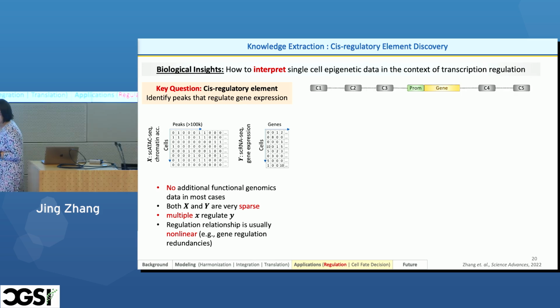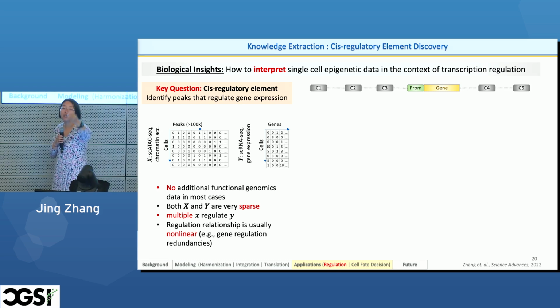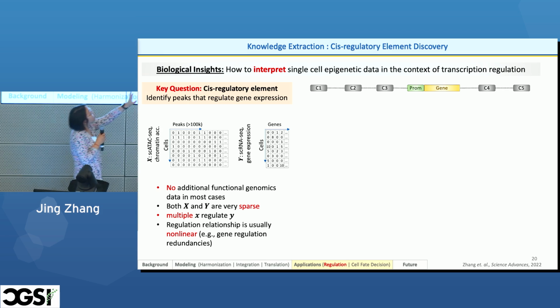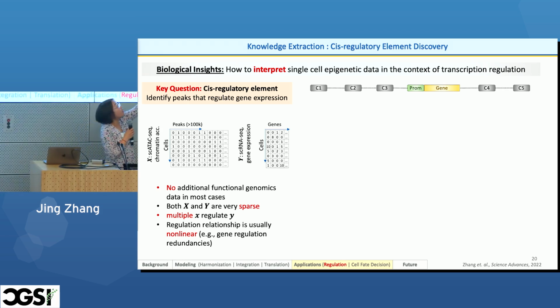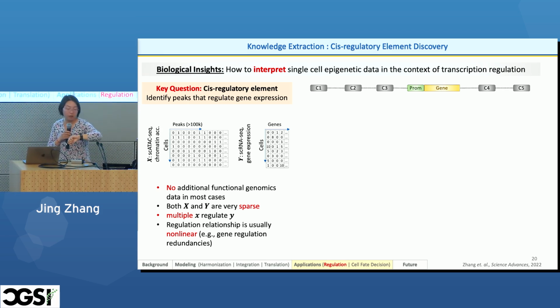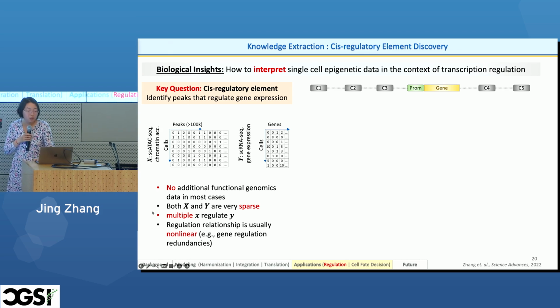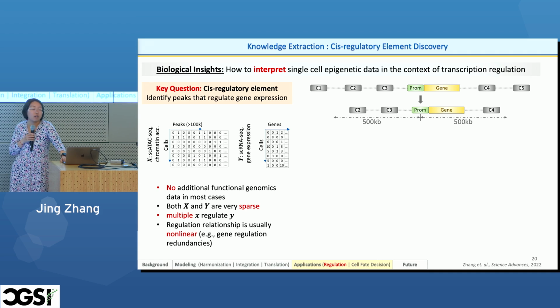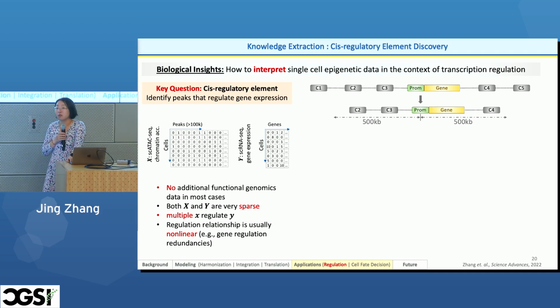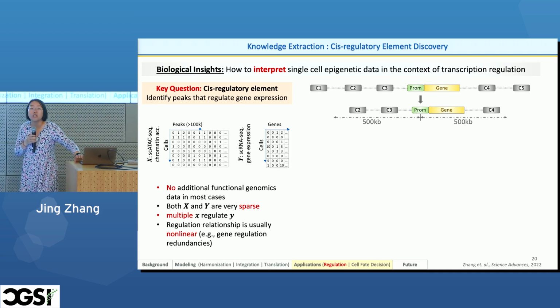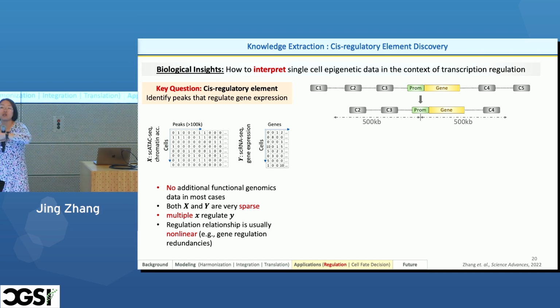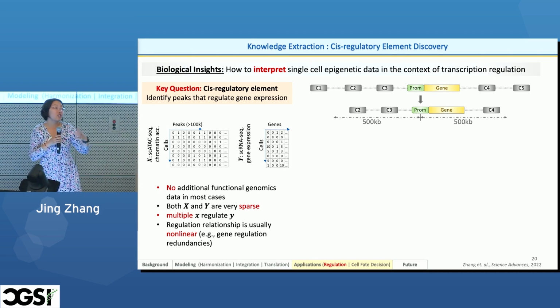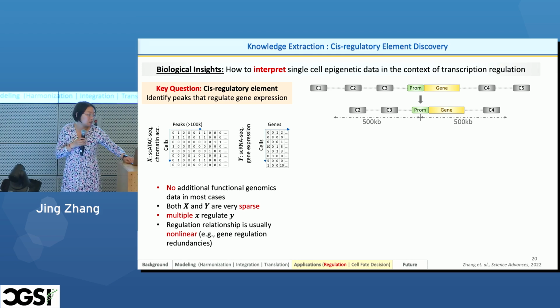Again, our thinking is very straightforward. Let's look at one gene at a time, right? And we have the gene body, which is in yellow, and the promoter region, which is in gray. And we actually defined a gene neighborhood that's focusing on the promoter region. We go upstream and downstream 500 kb. You can change this region as you define.